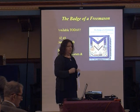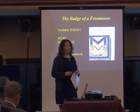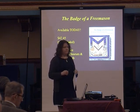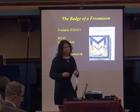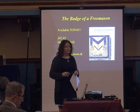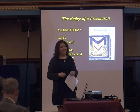Yes? Probably the most poignant thing I've ever seen from Freemasonry was Meriwether Lewis's apron. It was on display at the Smithsonian, and it had pretty basic embroidery on it, but according to the museum, it had his blood on it because he carried it in his last trip when he was leaving to defend himself in Washington for supposed misdeeds as governor of Louisiana, and he died in Tennessee when the apron was on him. Was it common for people to carry their aprons on their travels and into extreme situations such as the battlefield,